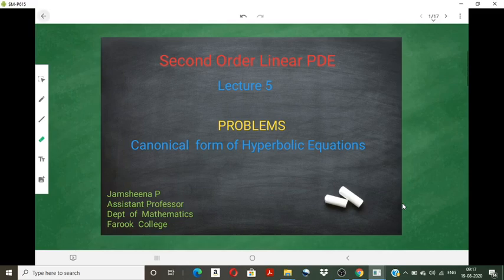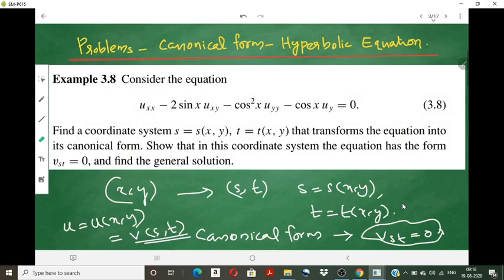Hello all. Today we will discuss the problems of mainly the canonical form of hyperbolic equations. We can consider the first problem. Consider the equation u_xx minus 2 sin x u_xy minus cos squared x u_yy minus cos x u_y equal to